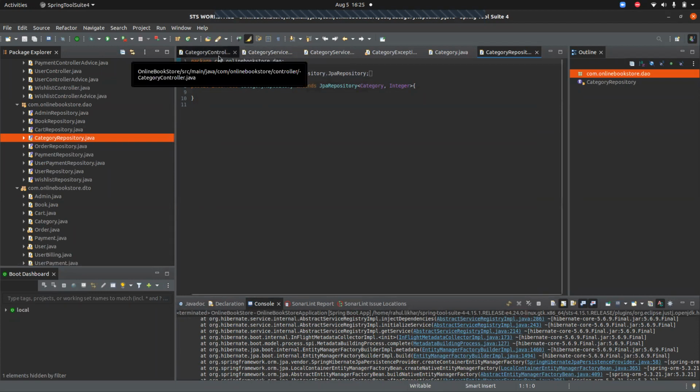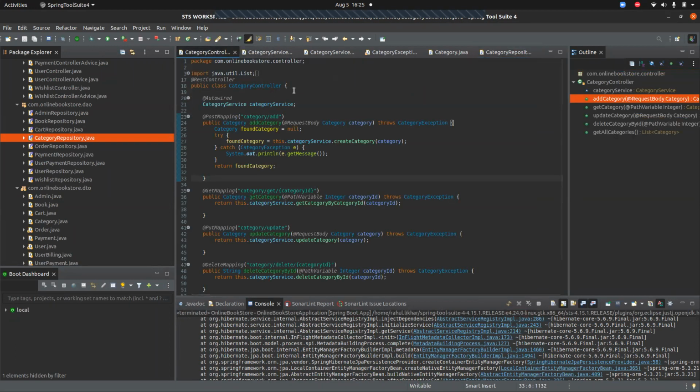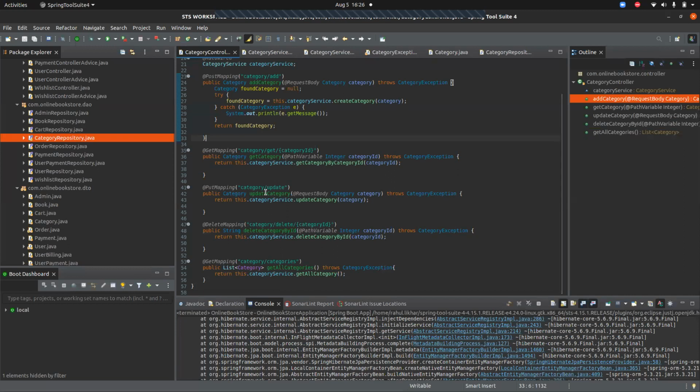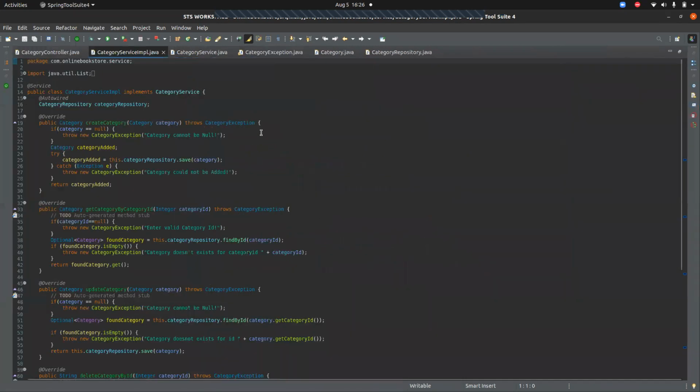So I would like to show you the controller first. Like here, whatever my teammates have suggested, like auto-wired, post mapping, and each and every concept is being used. I can explain each and every concept with their uses. So first of all, I would like to start with the get mapping that I have used over here. In this, basically it handles the HTTP GET request matched with the URL, and all the URL requests are handled with all the mappings which are shown here, like get mapping, put mapping, delete mapping to delete the categories list and all. So here all are stated, and moreover in the category service, this is what I've made.